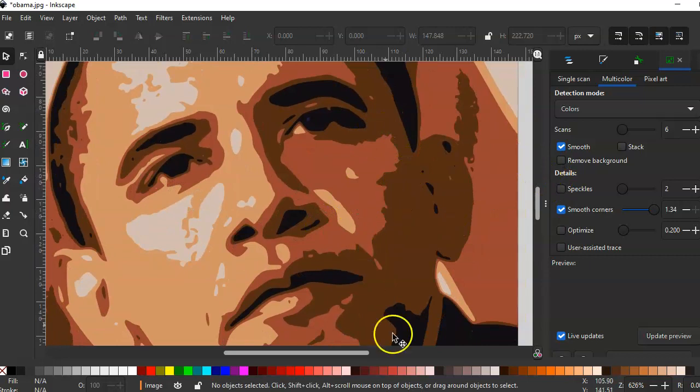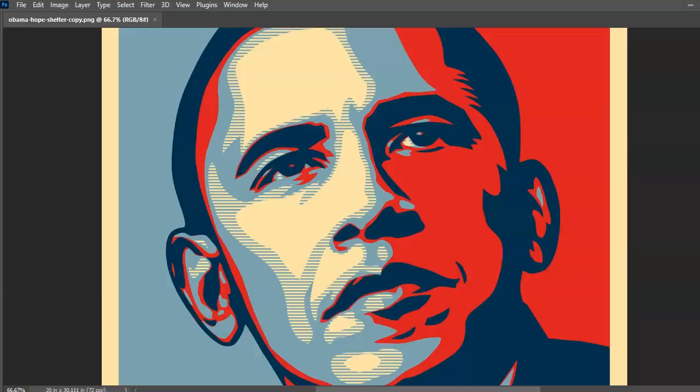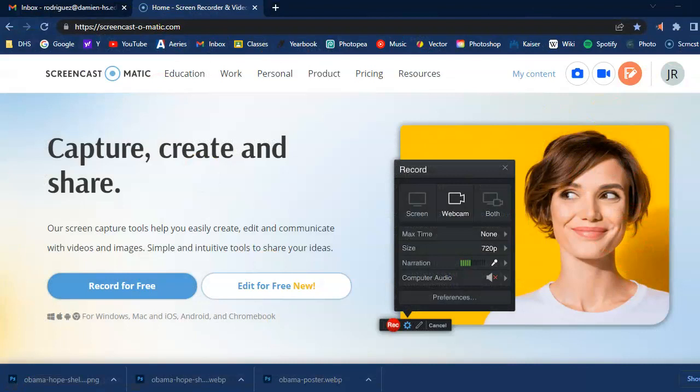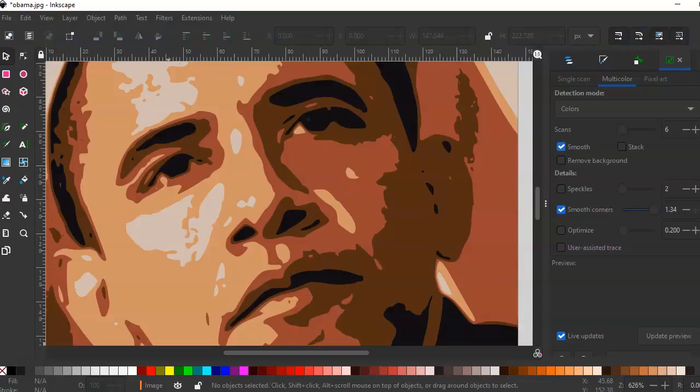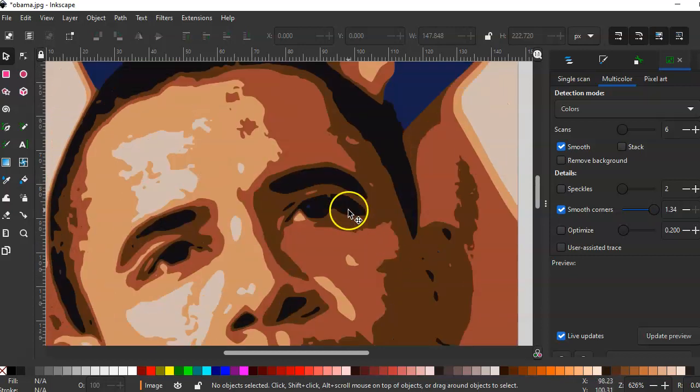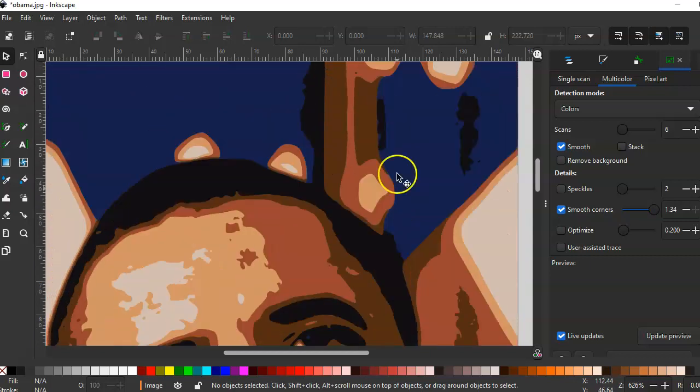It's not as smooth as the Obama poster. This is the Shepard Fairey poster of Obama, and you see how the lines are very smooth, very smooth curves, as opposed to, let's say, when we're working on this one, you can see that the line is not as smooth as you see here in the face, and we also have to deal with the background. So I'm going to zoom out,